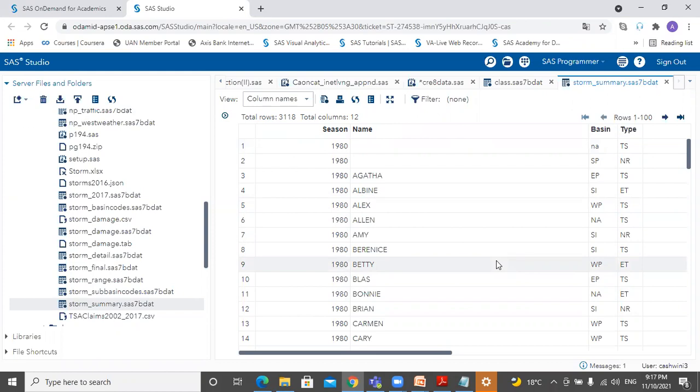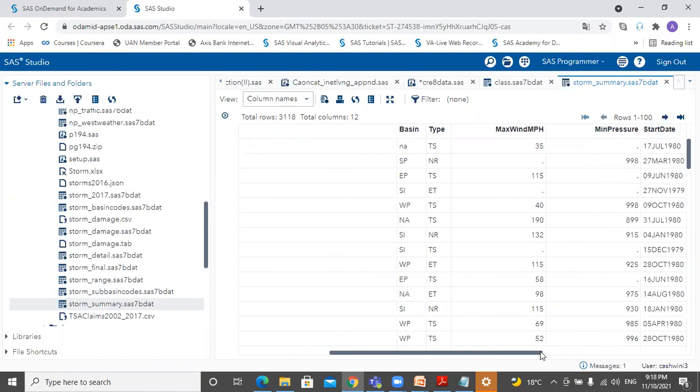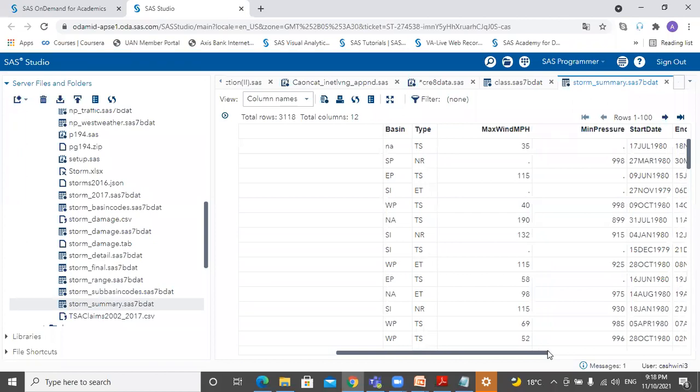Blank space. Wherever there is a blank space, that is the character missing value. For numeric values, it's a period.